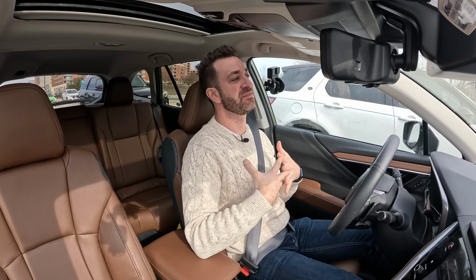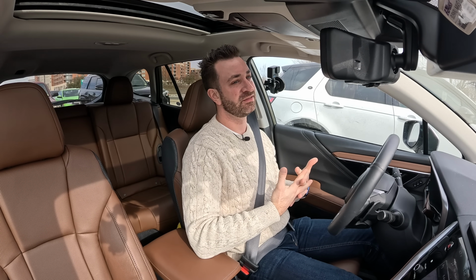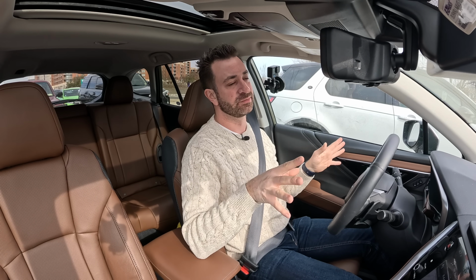But it's charming in its own way because, I don't know, Subarus have this thing to them. They're quirky, right? They're offbeat. And there is an appeal to the right kind of person. I think my appeals just lie with other parts of the market, but